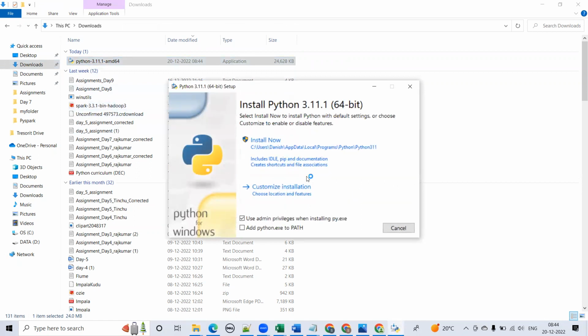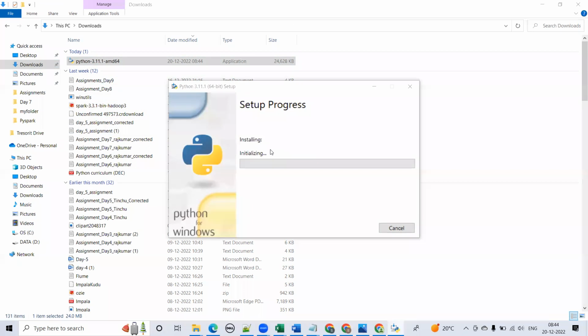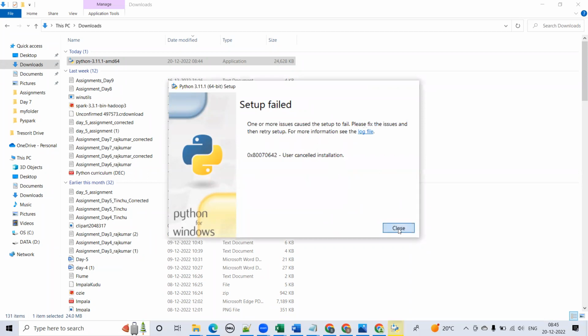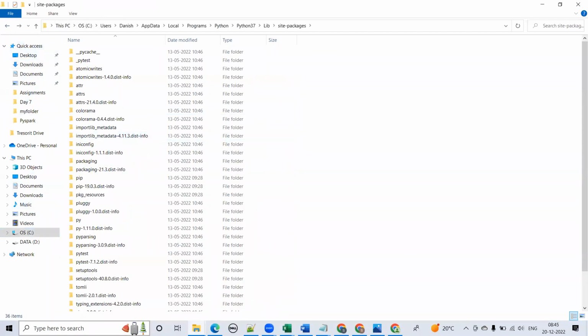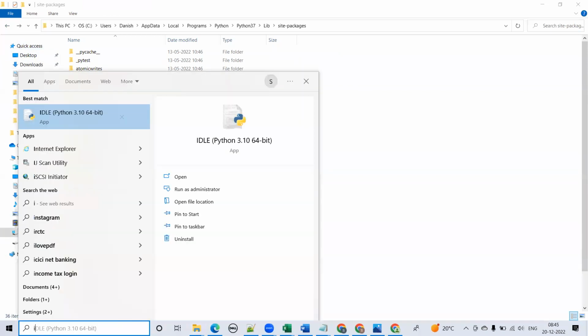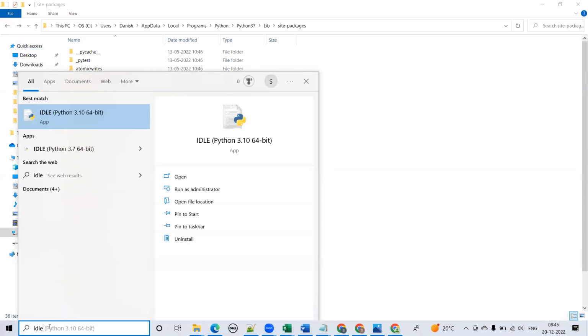Since I already have Python installed, it is giving me an option to update. But you can do a normal installation like we do for any other software. Once you get it installed, IDLE will come installed with it by default. If you just search for IDLE and open it,